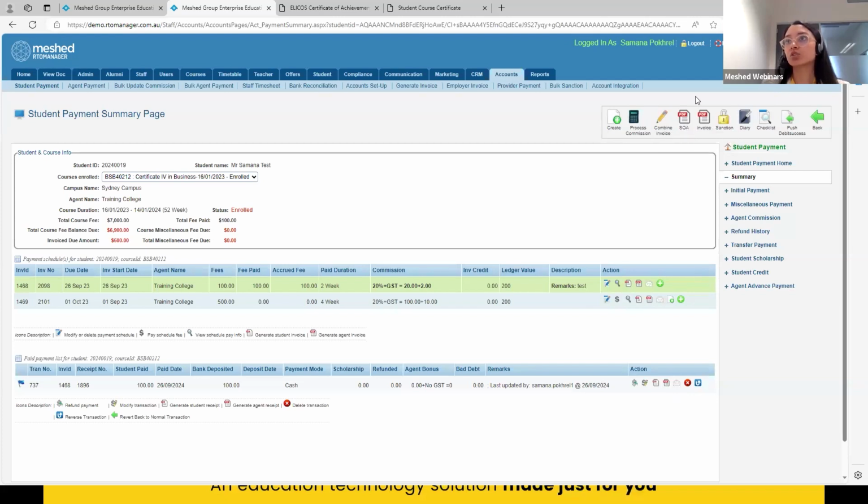Now from the top right hand side, you'll be able to see generate SOA, and from this icon you'll be able to generate the payment schedule invoice. Now one difference which may confuse a few of our clients is this, for example, generate schedule invoice. This will generate the invoice for this particular payment only, for example for this $100. Now if I generate this one,